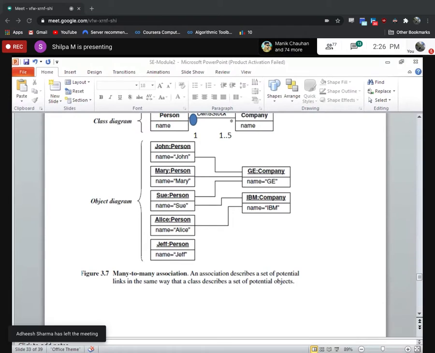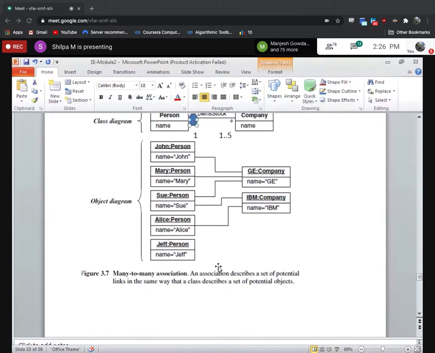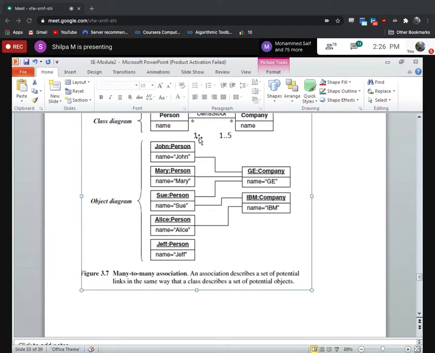So the relationship can be many to many. If there is star to star, it means that it is many to many. If it is 1 and 1, that kind of association, it is called one to one association. If it is 1 and star, it is called one to many association.